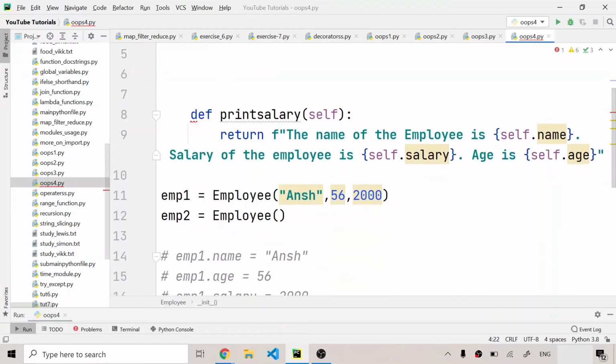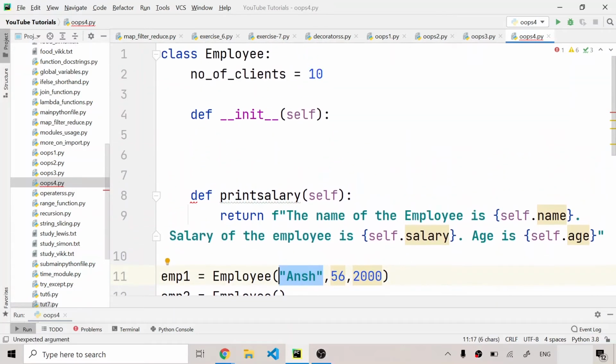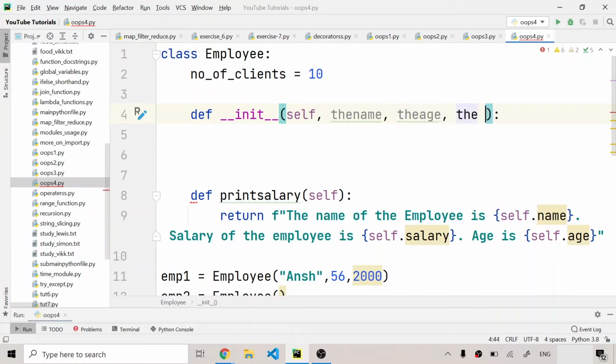For example, as you can see, I'm giving 3 arguments: Ansh, 56 and 2000. So I can write the name, I can provide arguments, and after that the age, and after that the salary. Here, as you can see, I have provided 3 arguments: the name, the age, the salary.